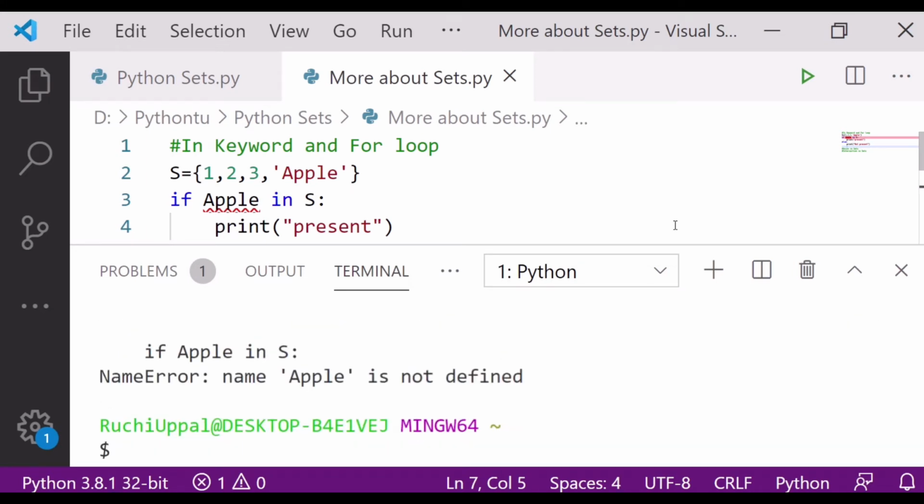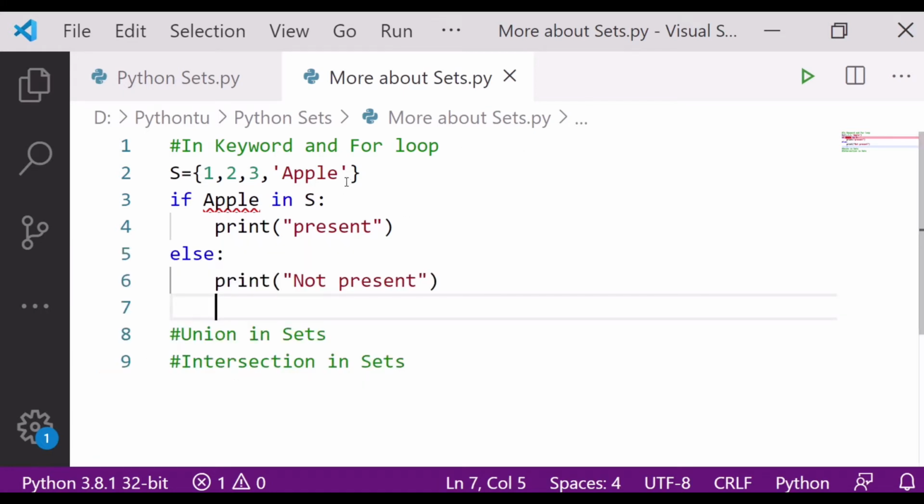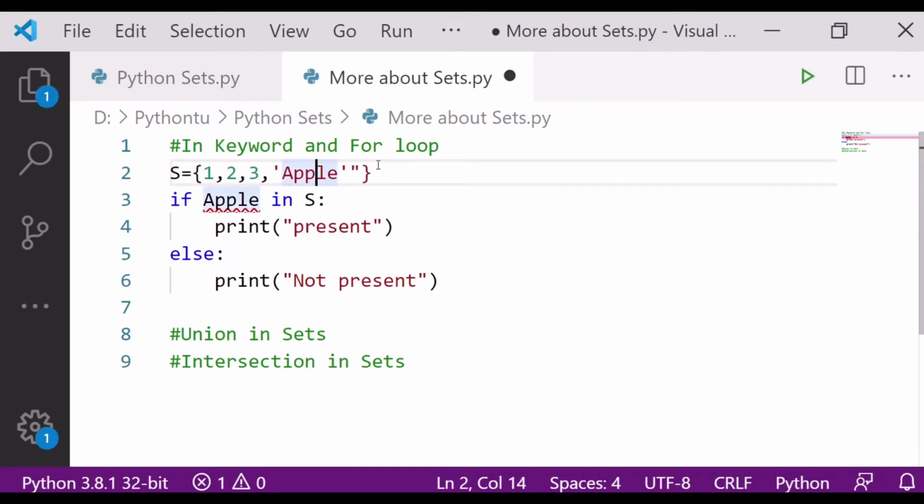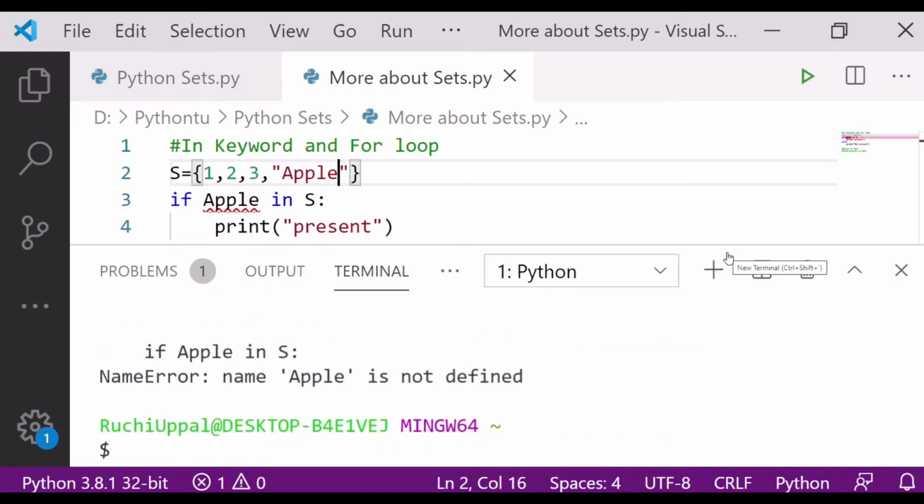Okay, name apple is not defined. Wait a minute. Let me do this. Apple is not defined.